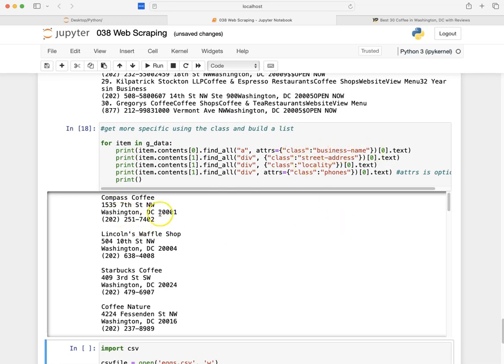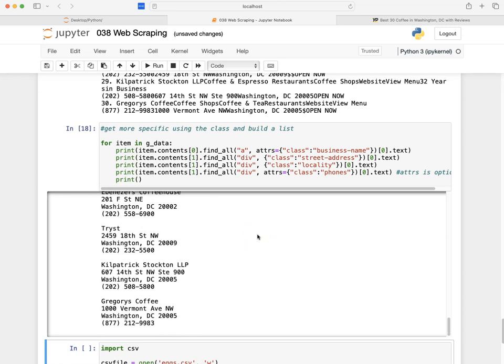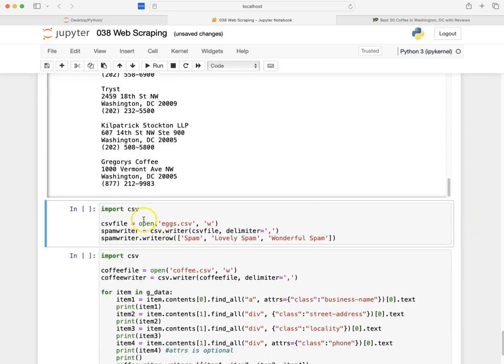So I have this, and this is a beautiful list. This is great. So I scraped the website for coffees in Washington, D.C. at yellowpages.com, and I found these. So what I want to do is make a list out of this. To illustrate that, first I'm going to import CSV, and if you watch the CSV file, you're familiar with this. I can open an eggs.csv here, and I'm going to have a spam writer, csv.writer, CSV file, delimiter, comma, and I'm going to write spam, lovely spam, and wonderful spam